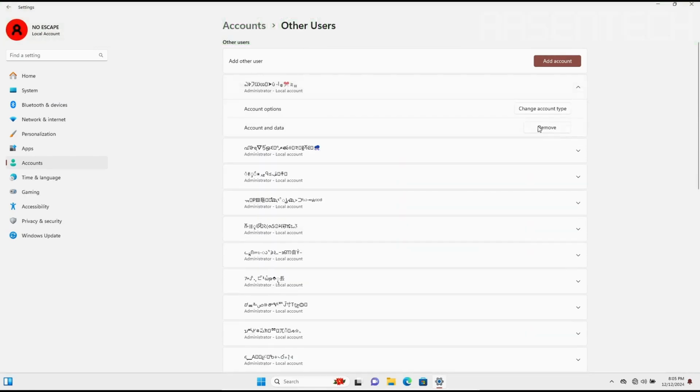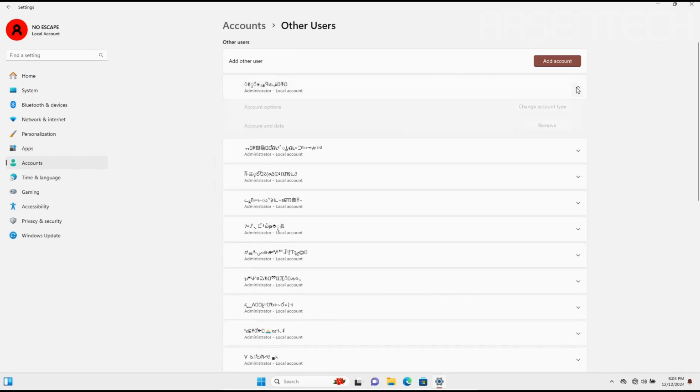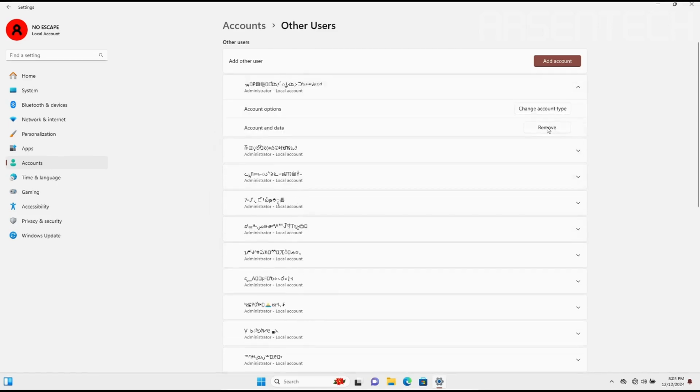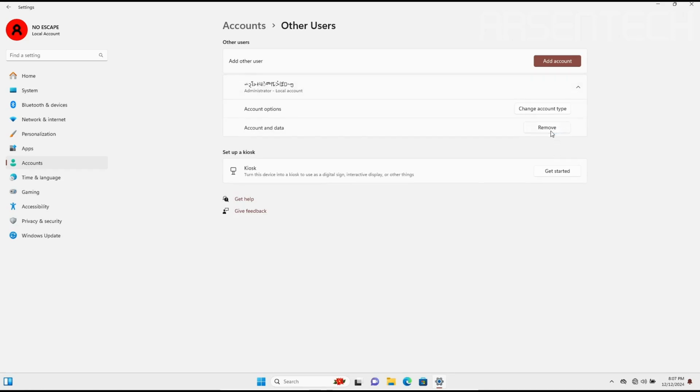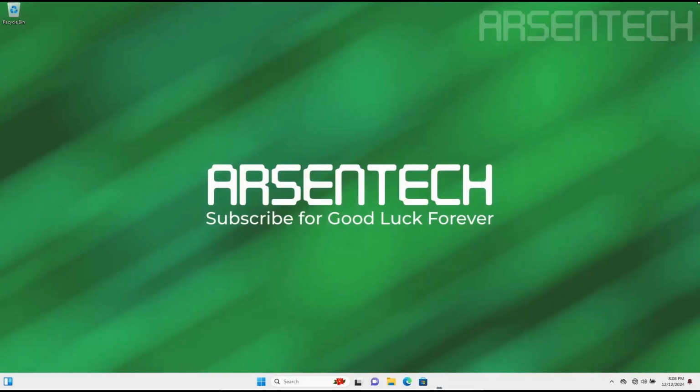It will take a long time, and manually removing the users is the only way to recover from noescape. Five minutes later. And here is the last one, and that's it. We have removed other users created by noescape.